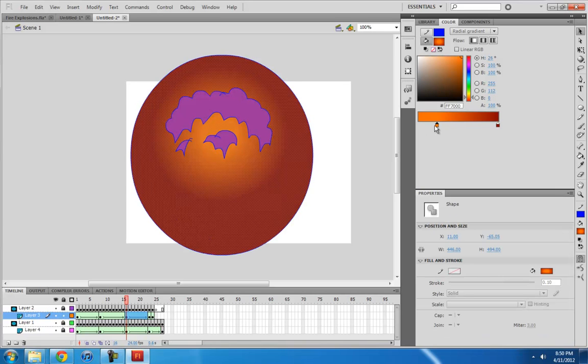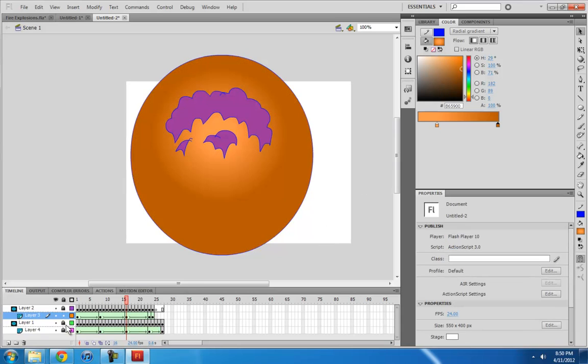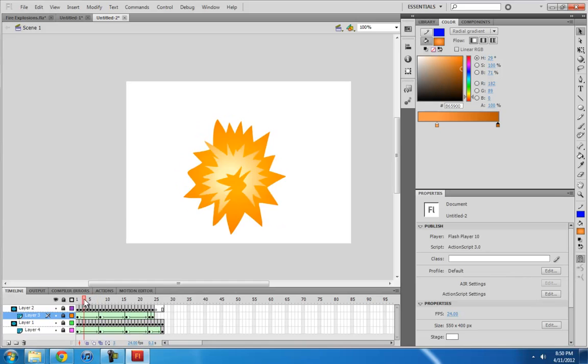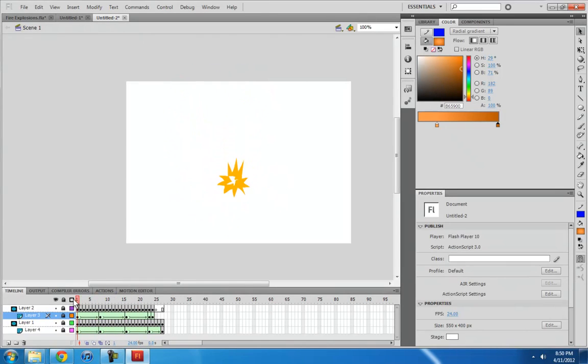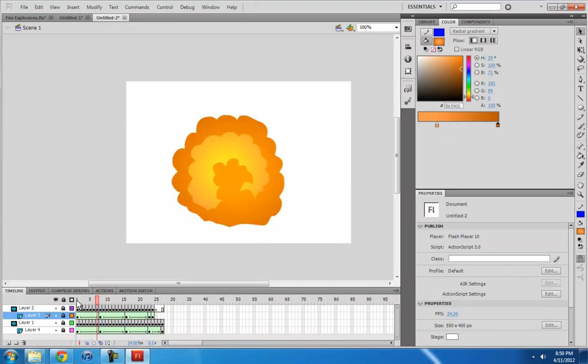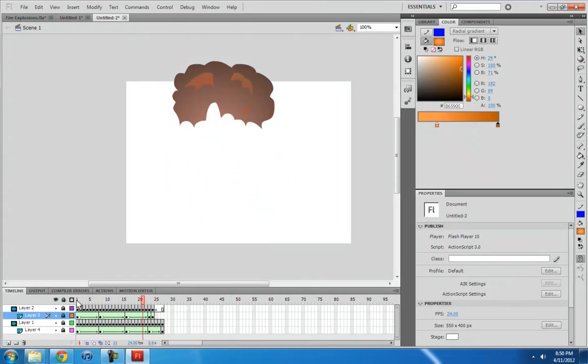Brighter maybe. Whoa. Okay. So play around with it. Okay, so I think that's a good overview of making layered